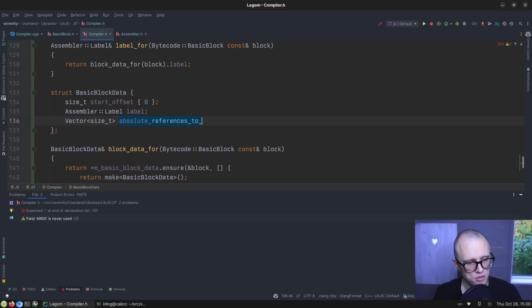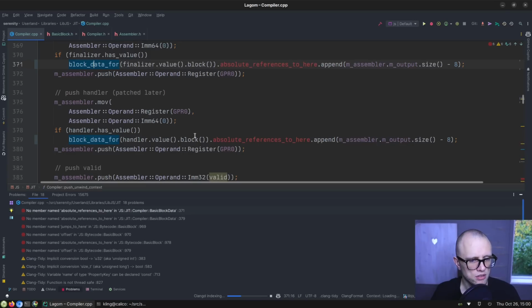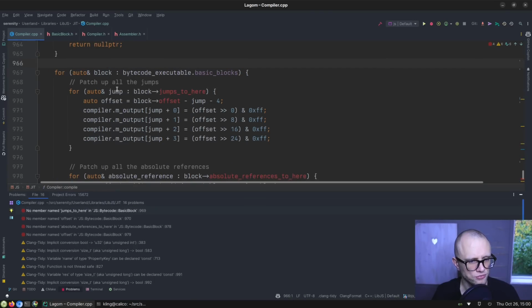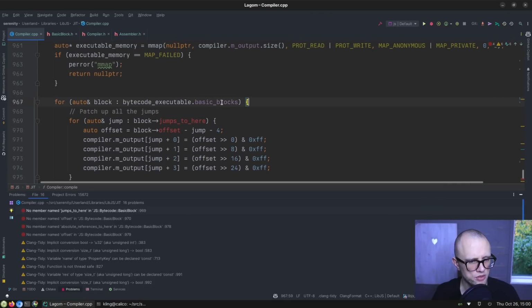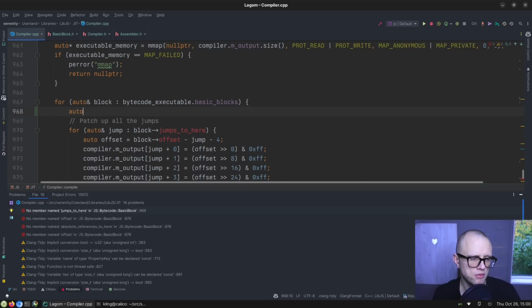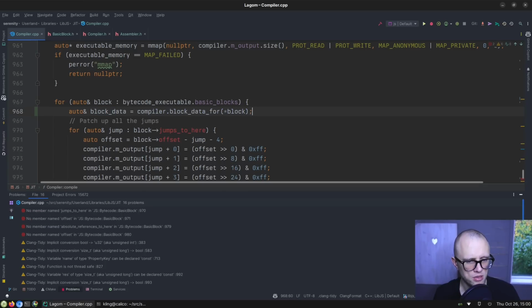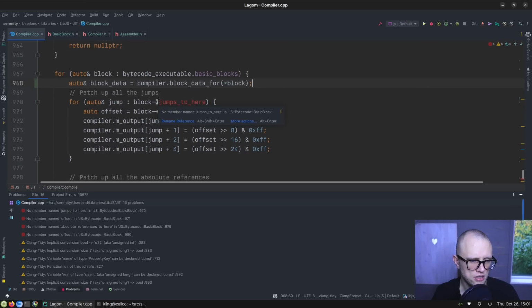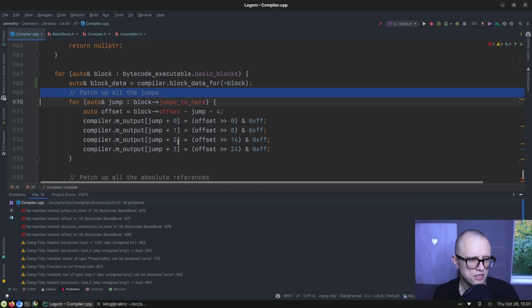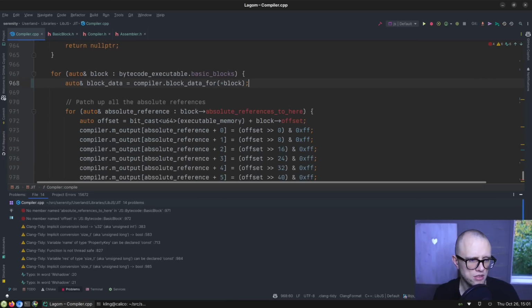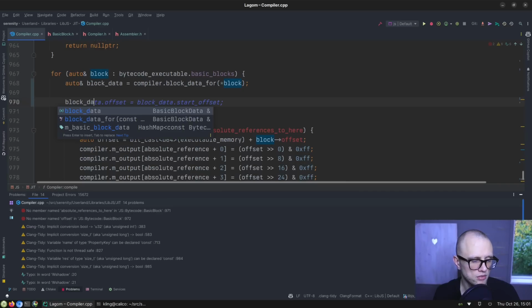Absolute references to here. I think that's what it was called. Yes. Okay. So once we have that, when we want to patch up all the jumps, we can iterate all the basic blocks, and then we just need the block data. So we get block data for block, and actually we don't need to patch the jumps anymore. We can just say to the label